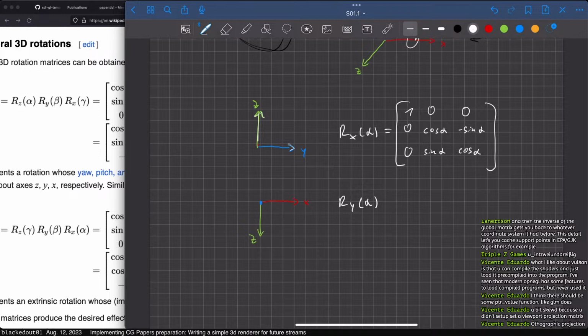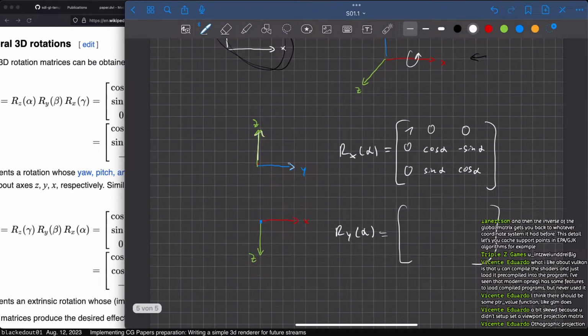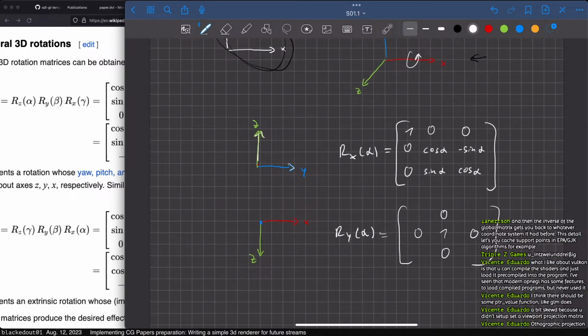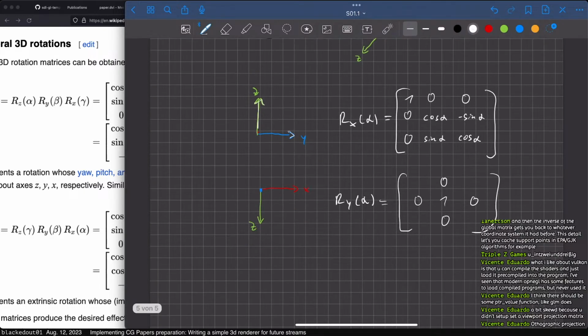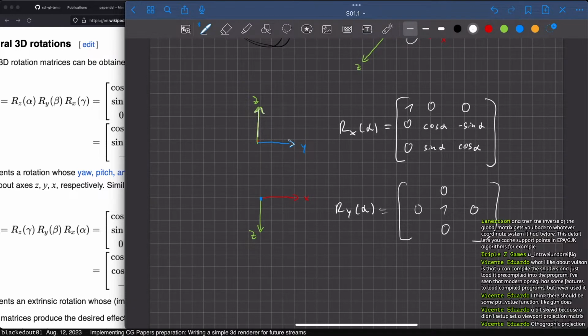So the matrix, again, the y-axis is the same, and we don't want to change the y components of the x and z vectors. So now we can treat this again like a 2D case, but in this case,